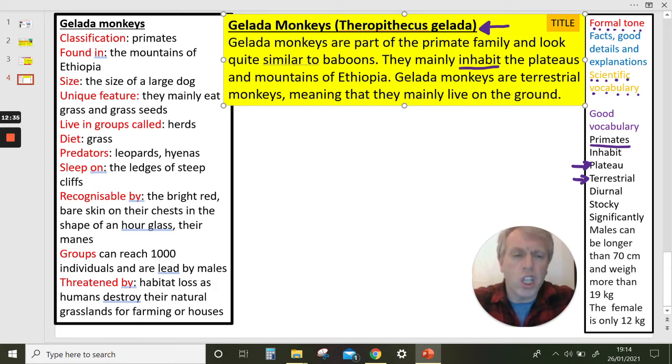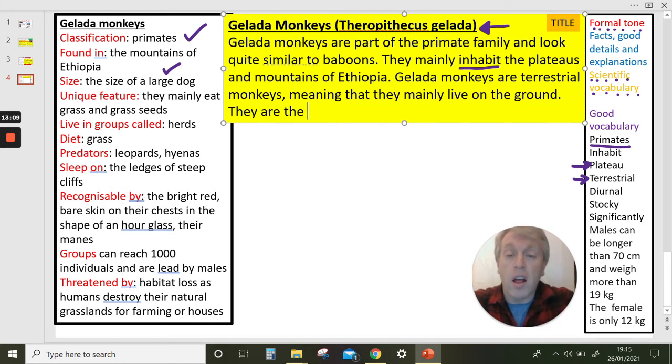Okay, what shall I say now? Well, I think now I might start to describe their diet. I'm going to be looking now on the other side because look, I've done that they're primates, done that they're found in the mountains and the plateaus of Ethiopia. Oh, now I could start to describe the size of a large dog. I remember that from the Eco Kids. They are the size of a large dog and unusual